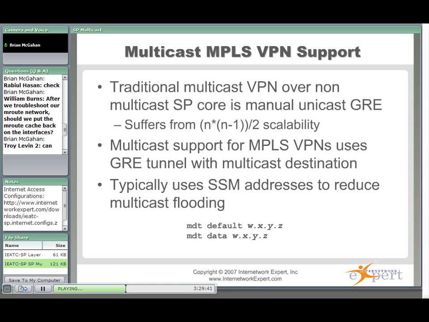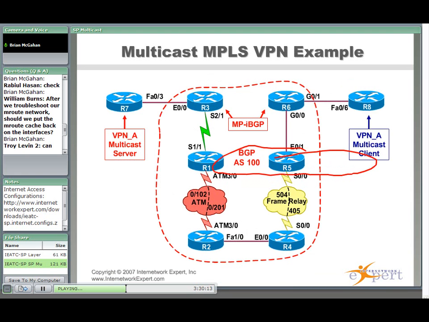Now, multicast support for MPLS VPNs is basically going to use the same logic, where we are tunneling the traffic inside of GRE, but the difference is that the GRE tunnel is going to have a destination address that is a multicast address. So when we enable this functionality, the provider edge routers are automatically going to negotiate the GRE tunnels without any of our manual configuration. Some of the considerations for this: if you look at the documentation, it says that it does not support